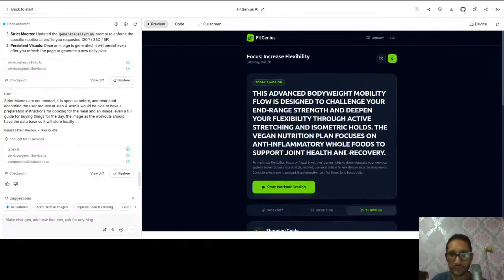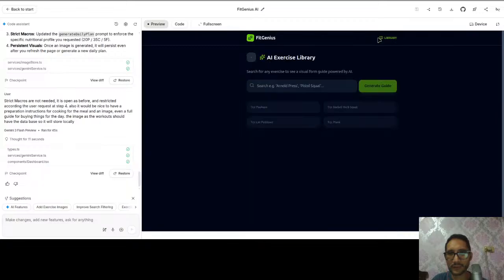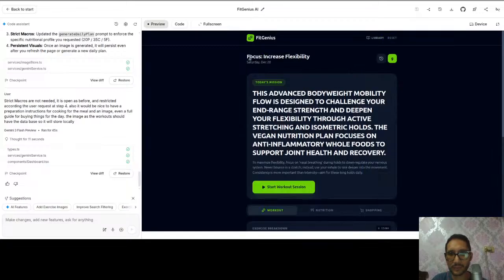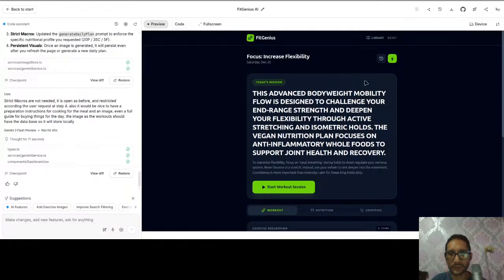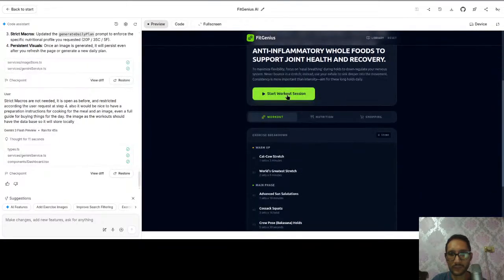That is true. Library. Okay, here's the library, but the library is just for the workouts. It would be good to keep also the library for the meals, right?